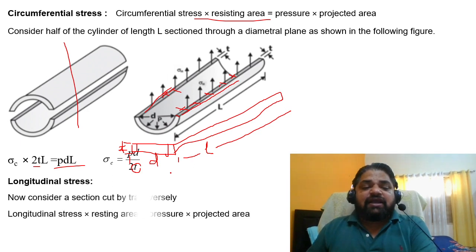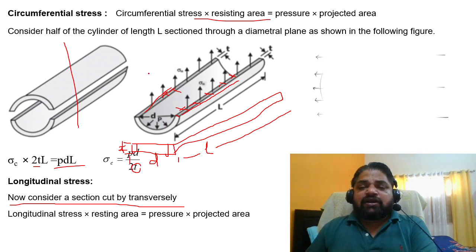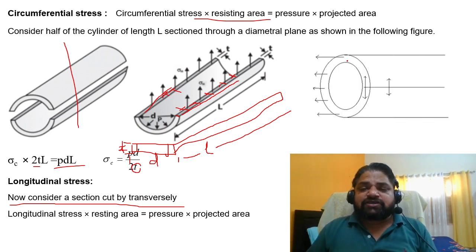Now similarly, if I go for the longitudinal stress, we have discussed sigma C and sigma L. Now consider a section cut transversely. Earlier we took a diametral plane, now we take a transverse direction. If I cut it that way, then longitudinal stress into resisting area equals pressure into projected area. The projected area is nothing but a circle,